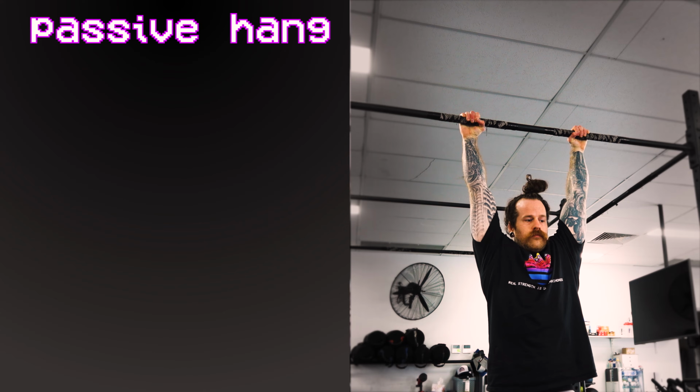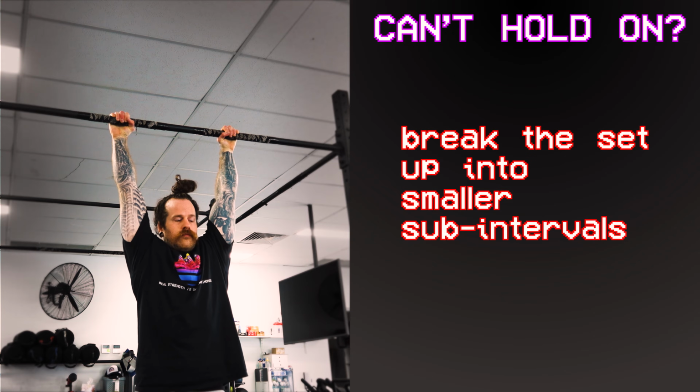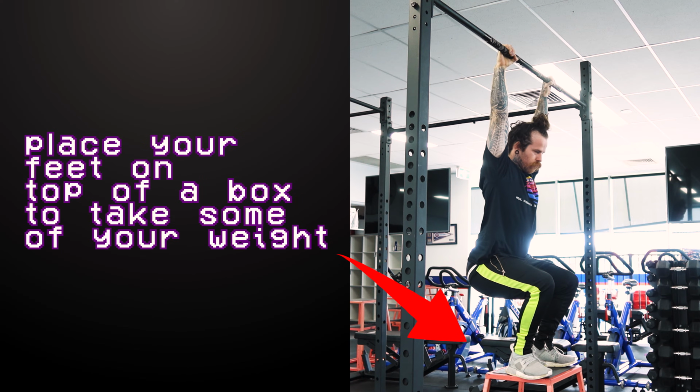So all we have to do for this is to hang onto the bar with no other muscles engaged. This is what's known as the passive hang. If you can't hold the passive hang for the entire 20 seconds, break it up into smaller intervals until you can. If the problem is that you can't hold your body weight up at all, what you can do is